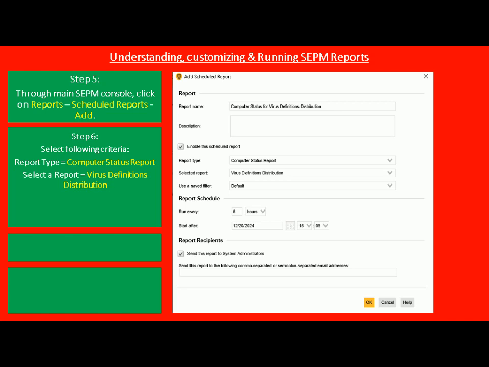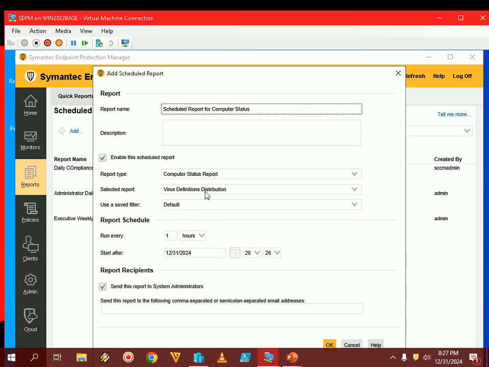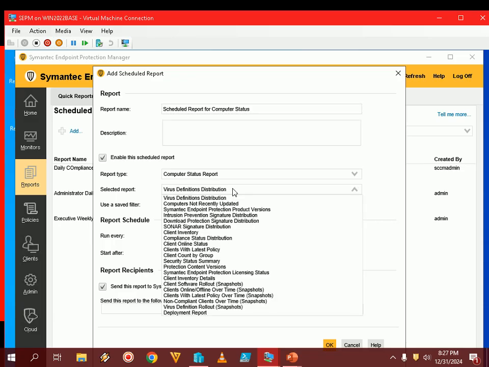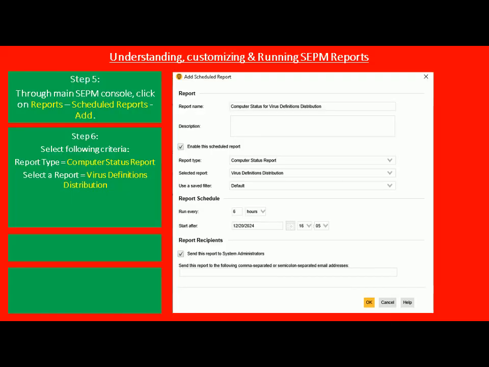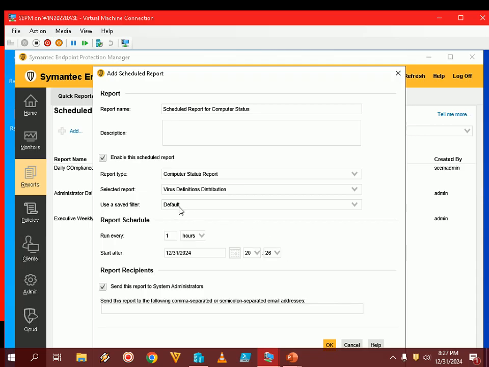And then select a report as virus definition and distribution. So it is already selected. You can select any of these criteria. All the criteria are available, like computers not recently updated, compliance status distribution, client software rollout, client inventory details, any report type you can select. As of now, for this particular example, I am selecting virus definition. Okay, so it's the same kind of report we have just run manually, and then use the saved filter as default. So I'm just keeping it as default,